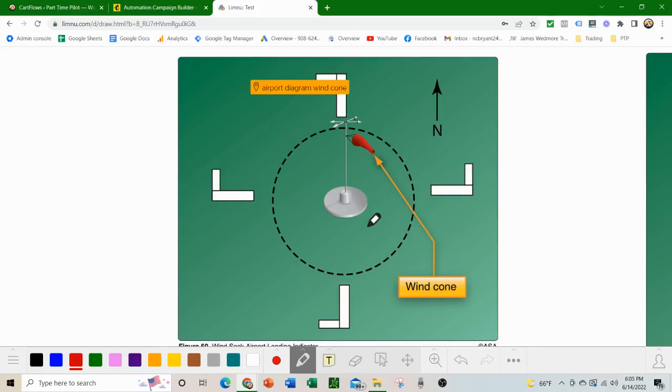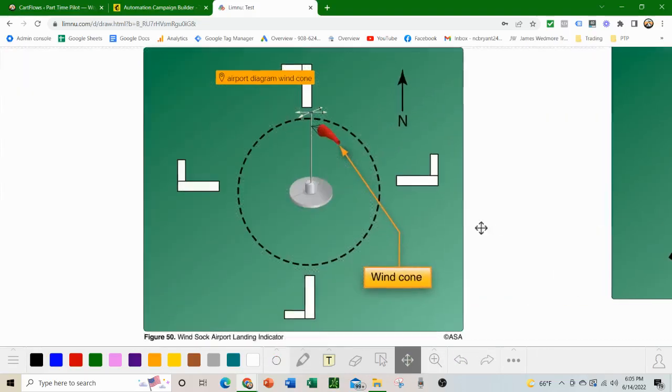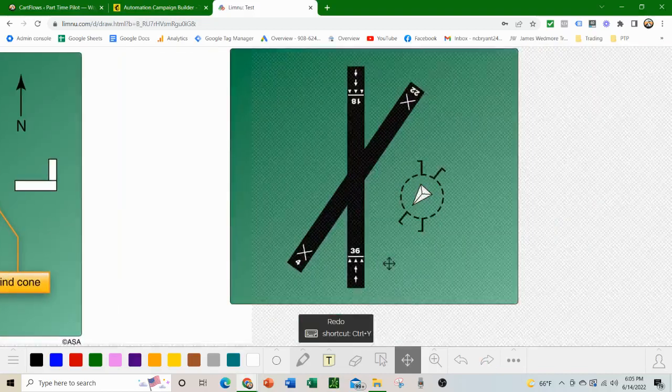So in this one here, we have a wind sock. Now a wind sock points in the direction opposite the way the wind is coming. So in this diagram, we have the wind coming from this direction. Now, whenever we say the winds,